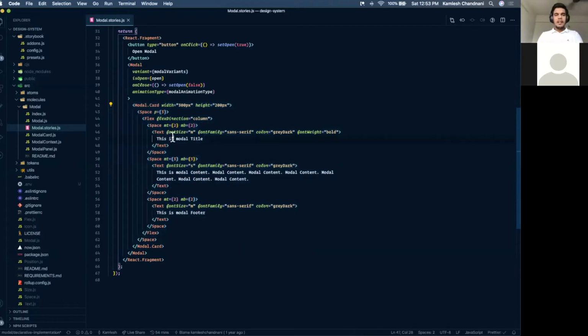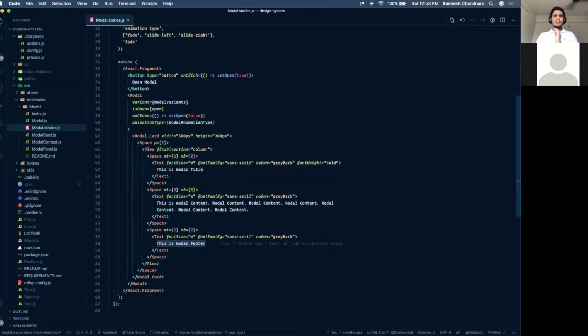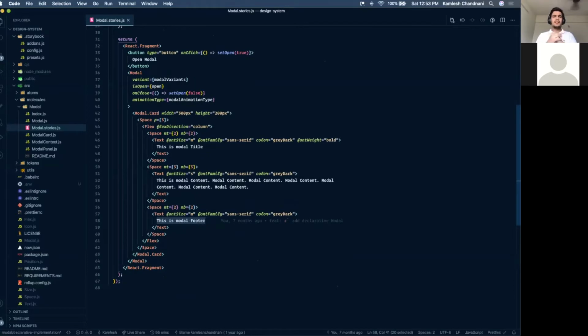This is a modal title, this is a modal content, and this is a modal footer. I want to take a pause over here for 5-10 seconds, and just have a look at this code and think about, do you see any problems over here?